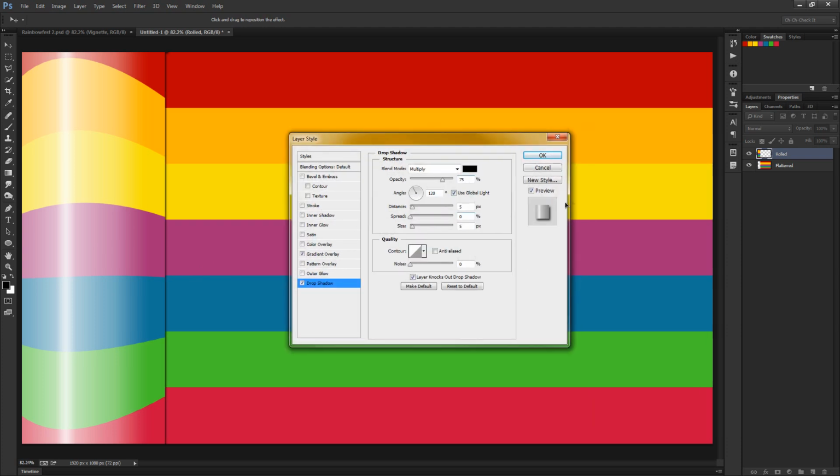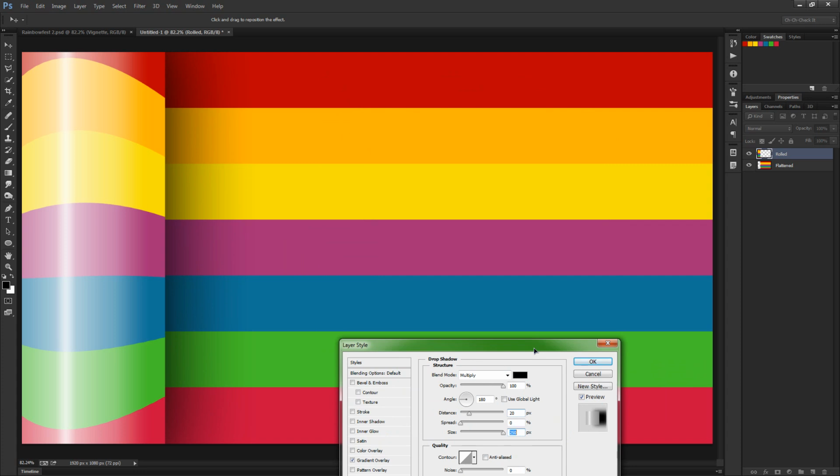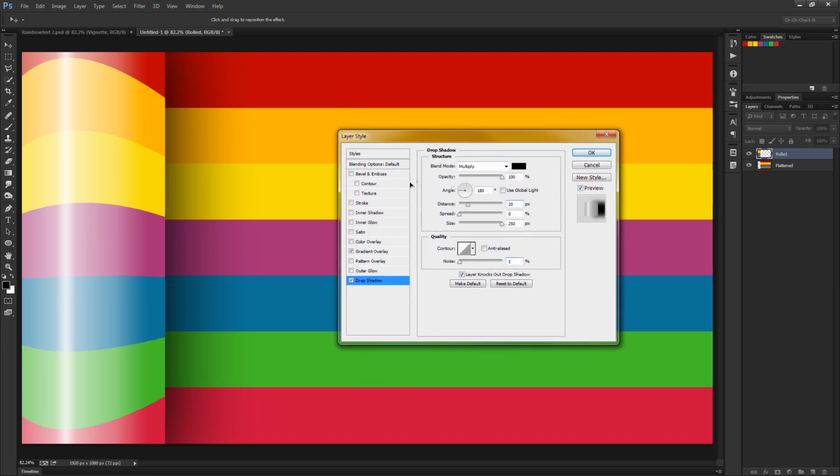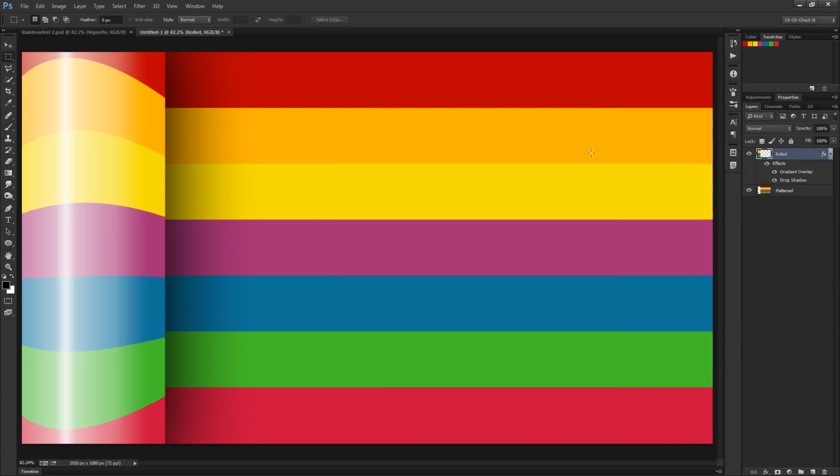Whoa, you're getting a little tongue twisted here. And for this, let's put the opacity up to 100%. Let's toggle off the reverse and change that to 180 degrees. Let's put up the distance to about 20, and then we'll max out the size at 250. So that's looking like a pretty nice drop shadow. However, I do see a little bit of banding going on, so I'm going to put the noise at 1% to try and smooth that out a little bit. Alright, now that those two things are done, we can hit OK and move on to our next step,